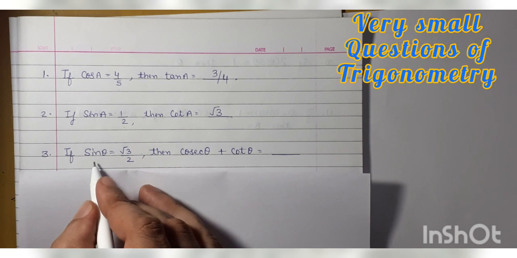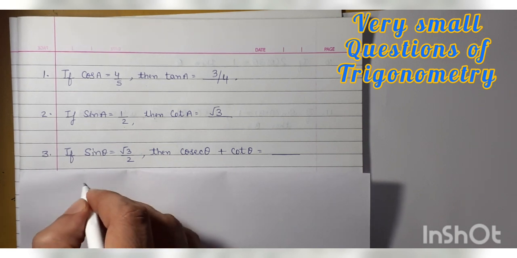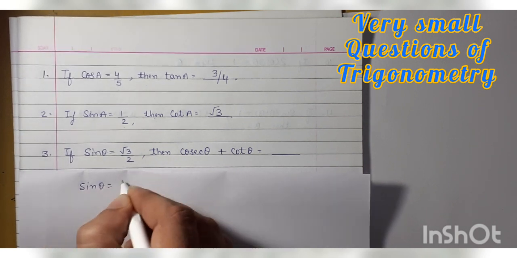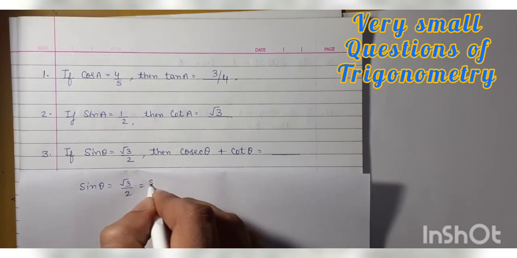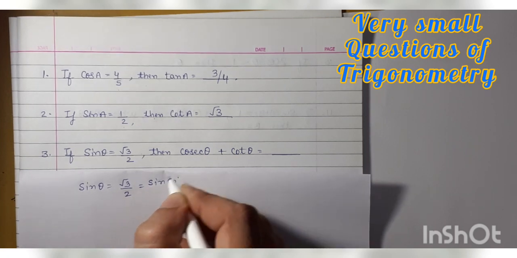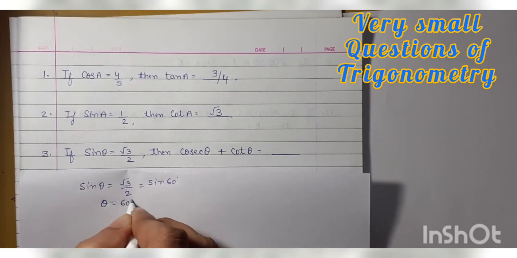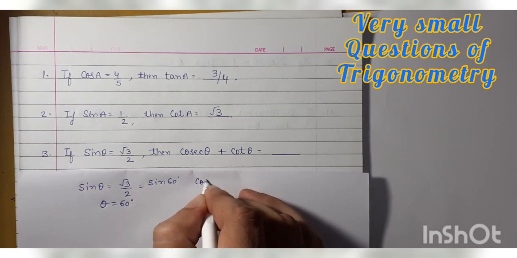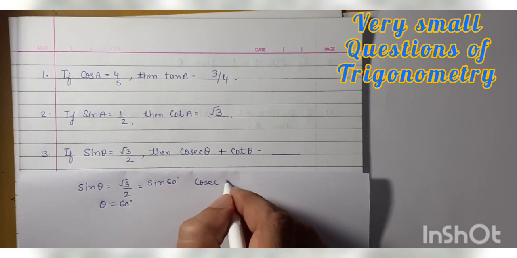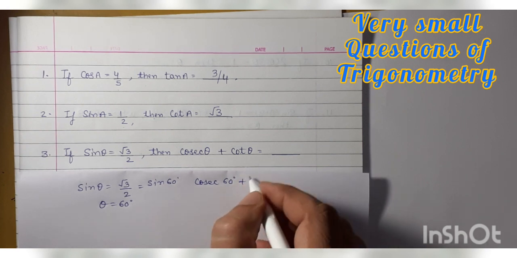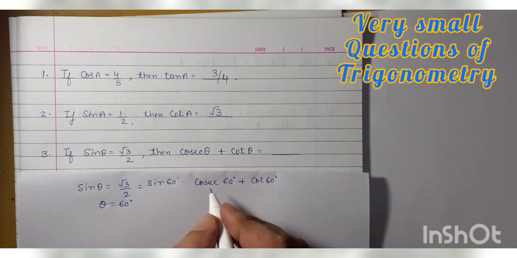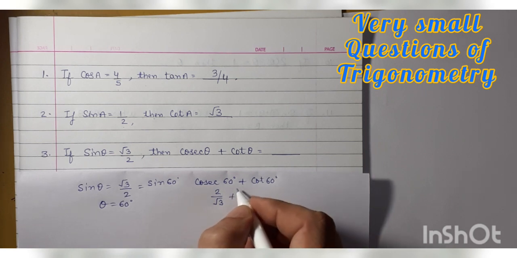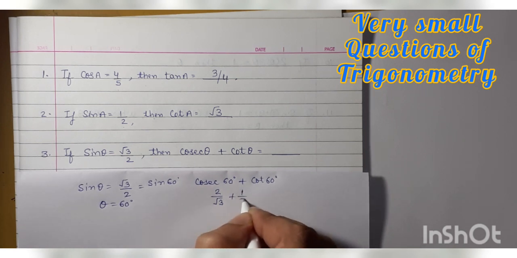Yes. If sin theta is equal to root 3 by 2. Here is given sin theta, it is root 3 by 2. Root 3 by 2 means what? This is your sin 60 degree. So theta will be 60 degree. Now come on. Cosec 60 degree and cot 60 degree. Okay, cosec 60 degree will be 2 upon root 3 and cot 60 degree is 1 upon